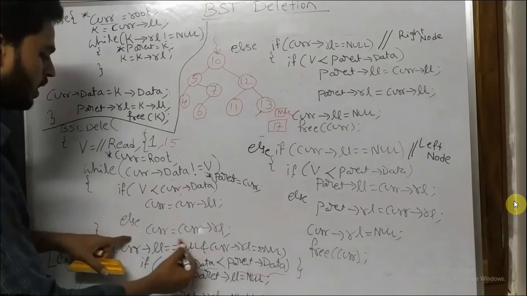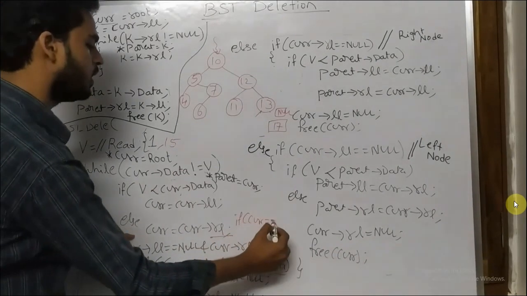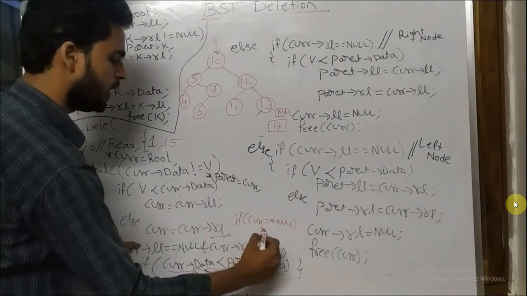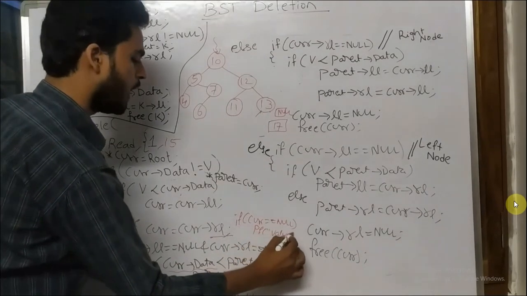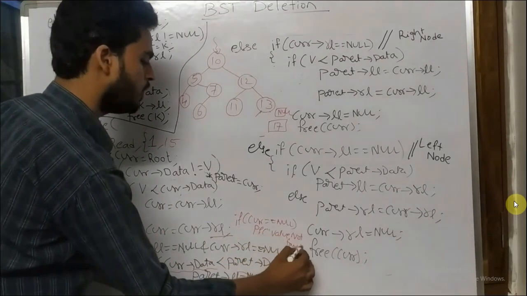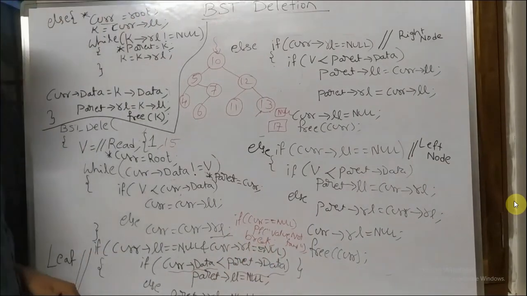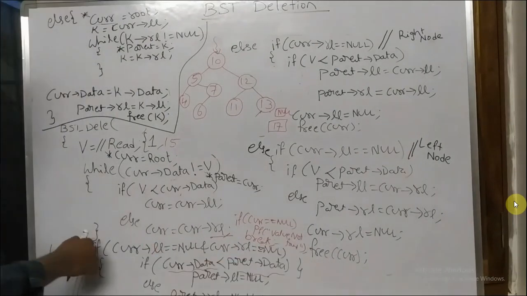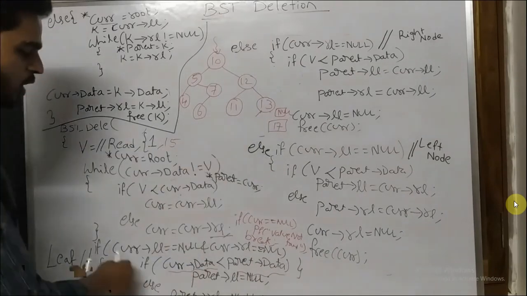So here itself you need to write the condition: if current equal to null, simply printf value not found, and then you need to write a break condition. Once it executes the break condition, it will come out of the block. But here it will execute for one more second. Just check. But I don't want to execute this entire condition.